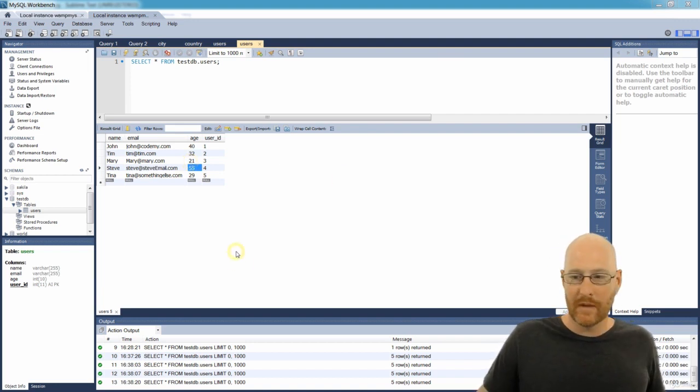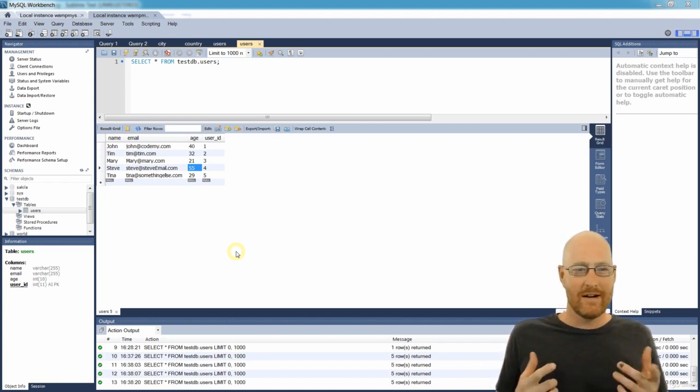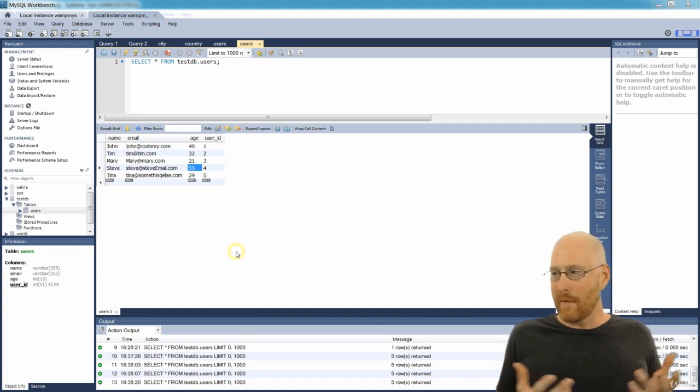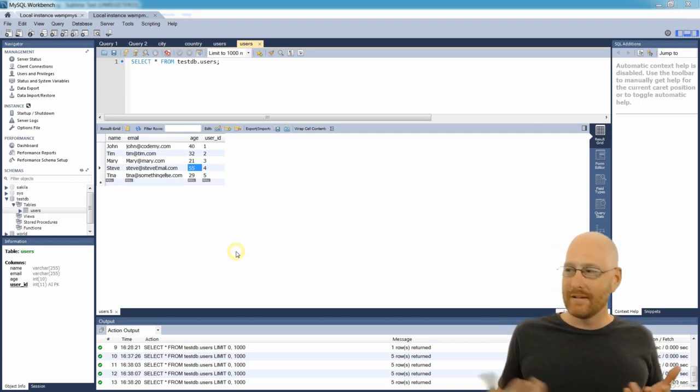So what are the different data types that are available? What are they called, and how do you use them? Well, every database is a little bit different, right? And they all call data types different things. One of them might be varchar, another one might just call it char. One of them might call it charfield. But they're all sort of the same. You just have to